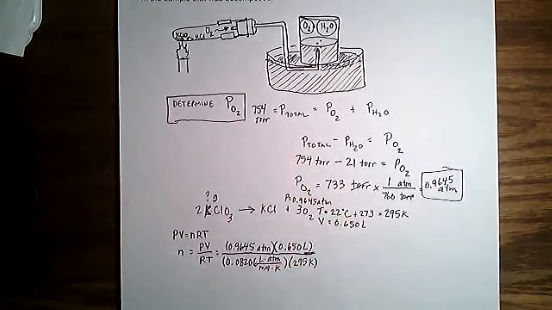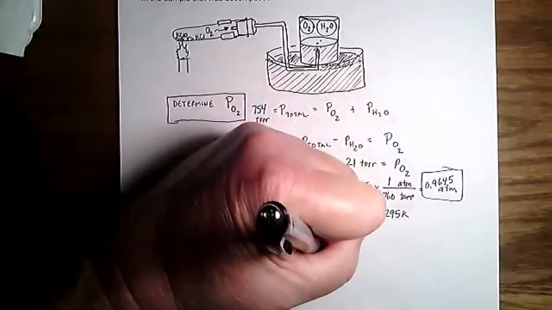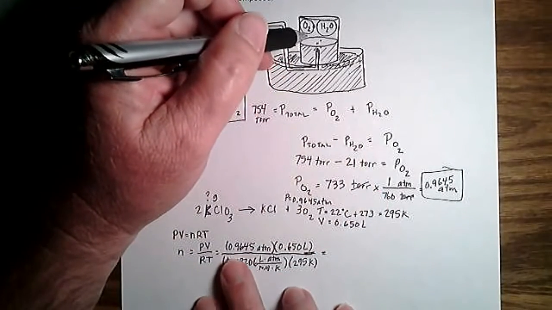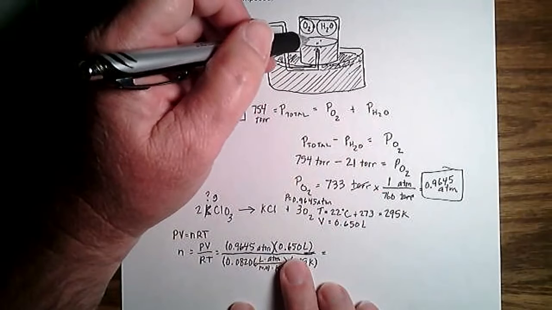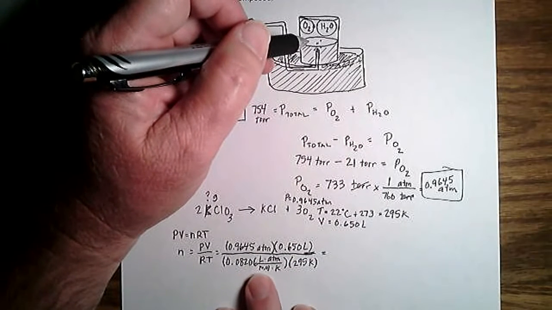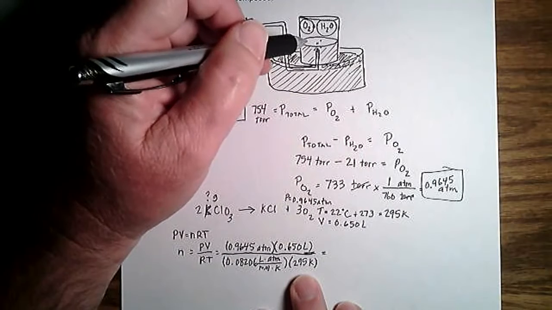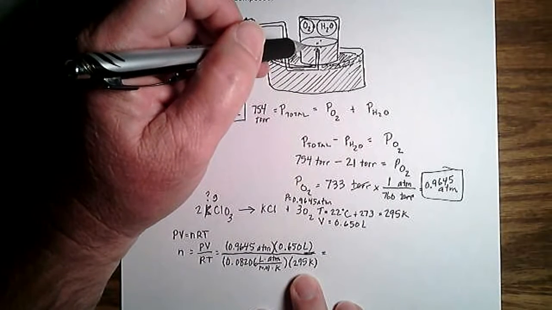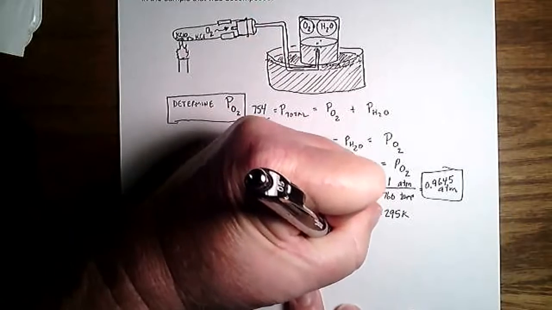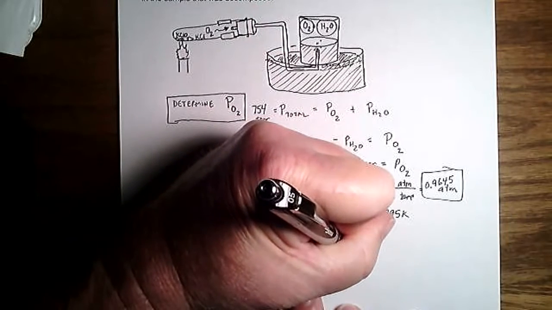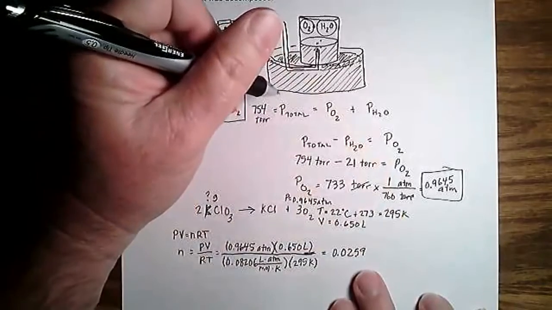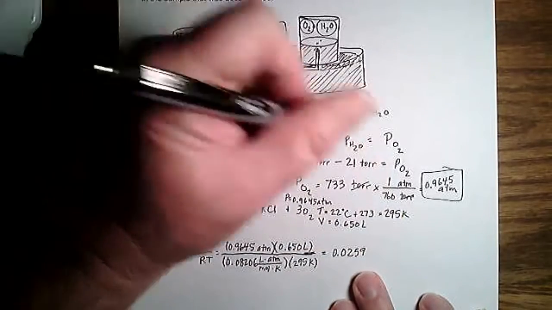Okay, so let's go ahead and figure out how many moles of O2 that we have in that space. If I multiply 0.9645 times 0.650, then divide by 0.08206 and 295, the number I got when I did that was 0.0259 moles